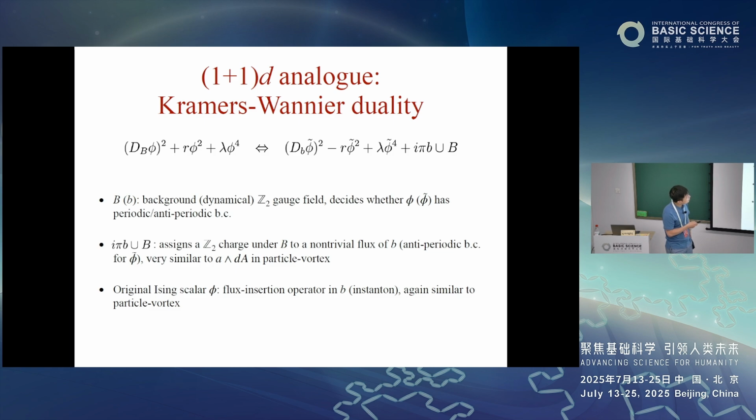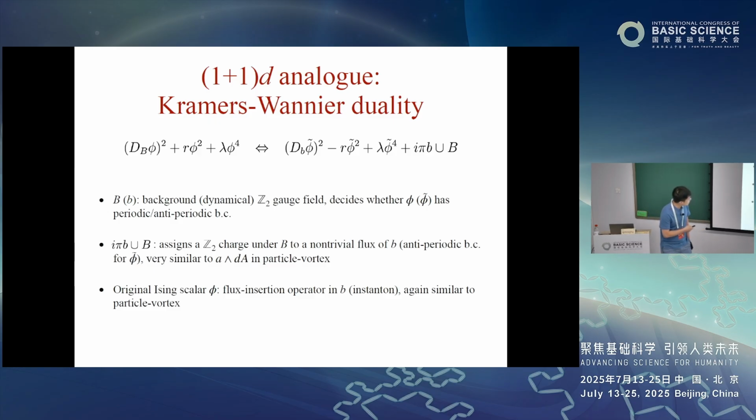And you turn on the opposite mass deformation. The fact that these two masses come with opposite sign is just the fact that the order and disorder phases got exchanged under this Kramers-Wannier duality, right? And finally, you have this term. This is B cup product with the background gauge field capital B.